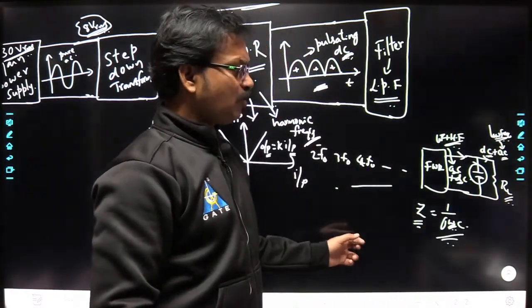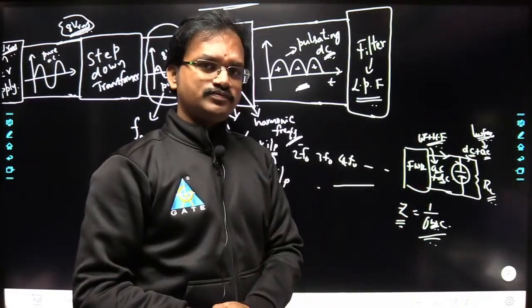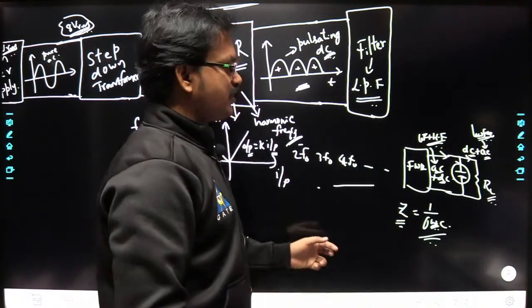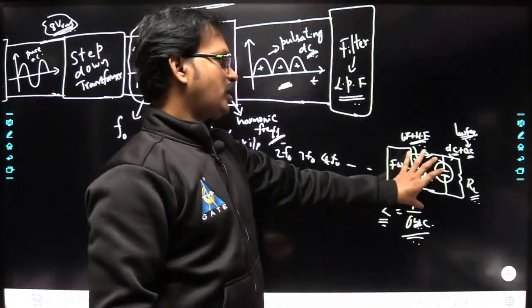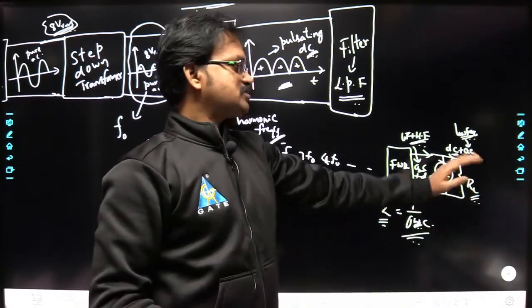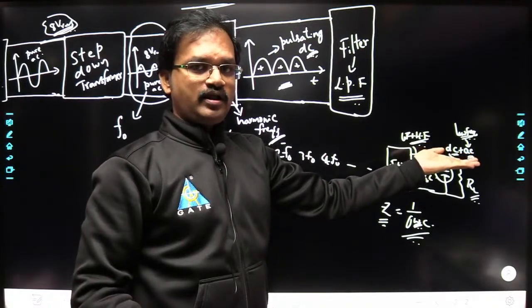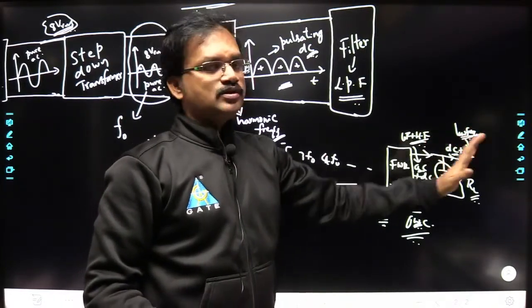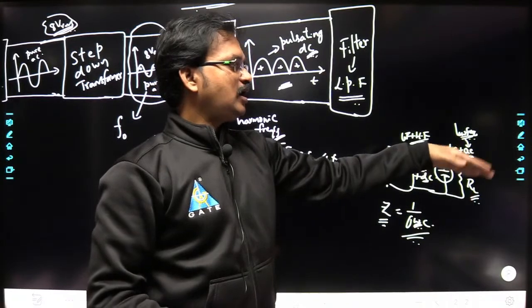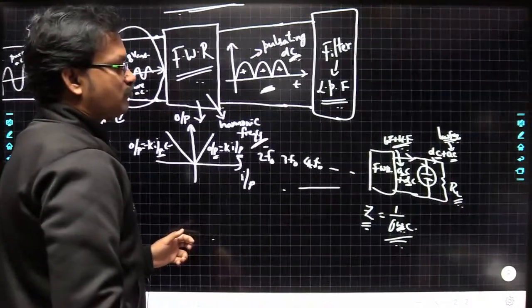Now you have to attenuate or eliminate those low frequency components also. In general, you cannot get a pure DC signal out of the filter. Still there exists some AC component with the DC component, right? So you have to eliminate that low frequency AC voltage also. So for that, what we are going to do here is,